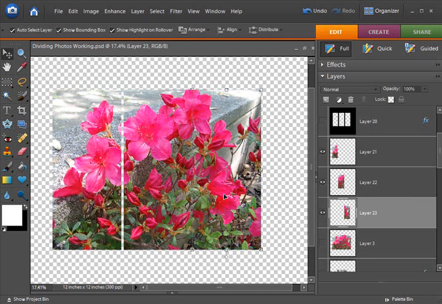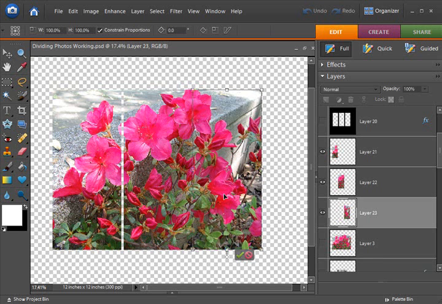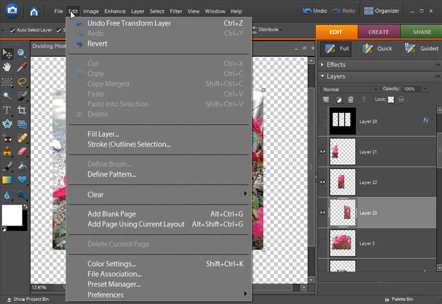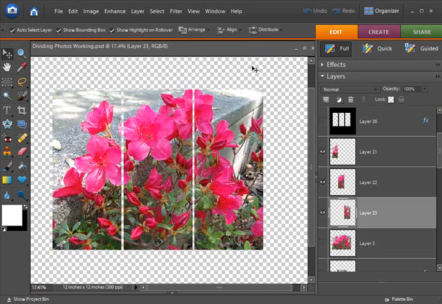and accept it. I'm going to do this one, Control T, to bring up my transform tool. In earlier versions you didn't have to do that. And 1, 2, 3, 4, 5. And now they are exactly the equal distance apart, and so this space in between is exactly the same. And now I'm going to go ahead and